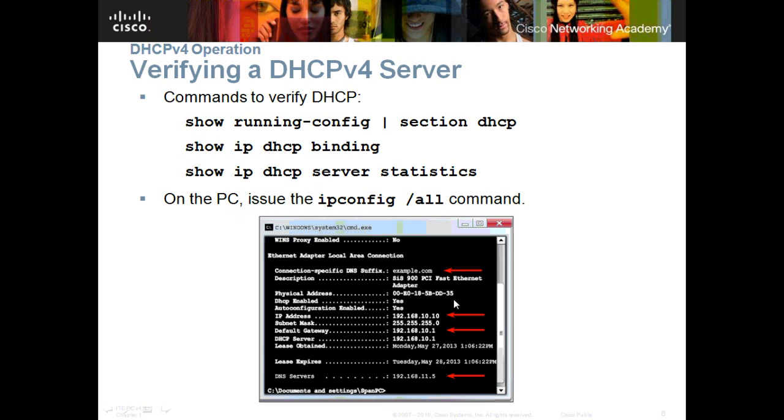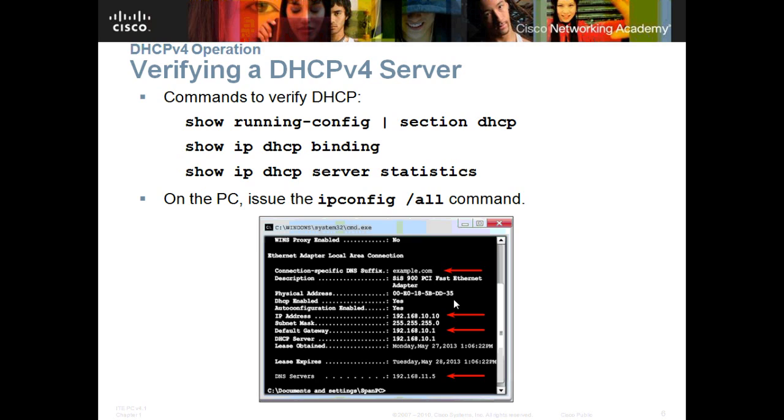And we can use show ip dhcp binding, so we can have the information of the clients that are bound to an IP address, and show ip dhcp server statistics. So this is the list of statistics of the IP addresses that we have offered and others.